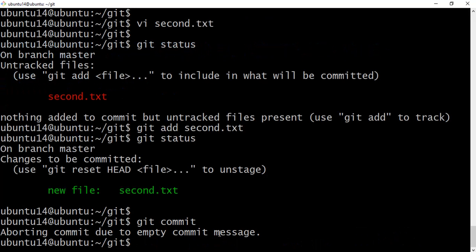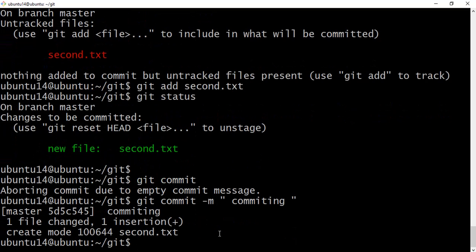Okay, so git commit -m, my message is committing just like that. This is the message, and one file changed, one insertion, and create mode, and the file name is second.txt, right?